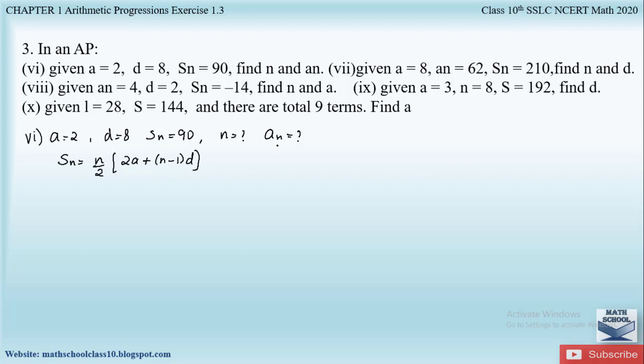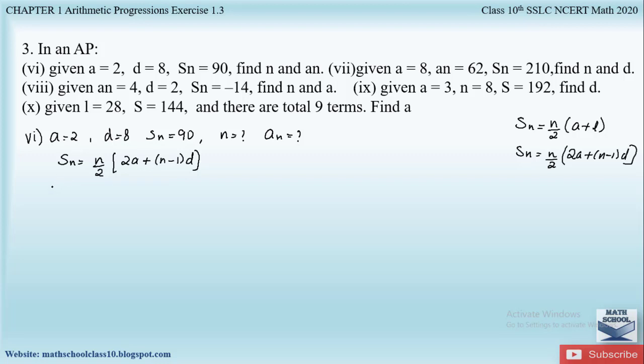If the nth term is given and we have to find the sum, then we will use the last term, and we will write the sum formula as n by 2 into a plus l. That is, if the nth term is given, we will take the last term as the nth term, and if the nth term is not given, we will use the sum formula Sn is equal to n divided by 2 into 2a plus n minus 1 into d. So here, since the nth term is not given, we are using this formula. So let us substitute these values and find the n value now.